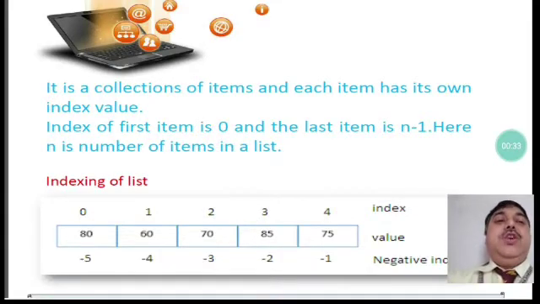In a collection of items, suppose you collect apples, a bucket of apples. You collect some matchboxes. You collect some mangoes. Now, where you keep them, the place where you keep them, you are going to give some address to it. Suppose you take one apple and keep it in tiffin box number 1. You keep one mango in tiffin box number 2. So what you are doing is identifying them.